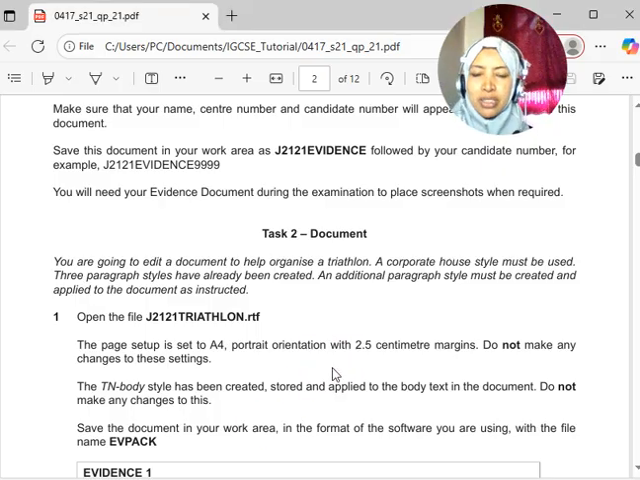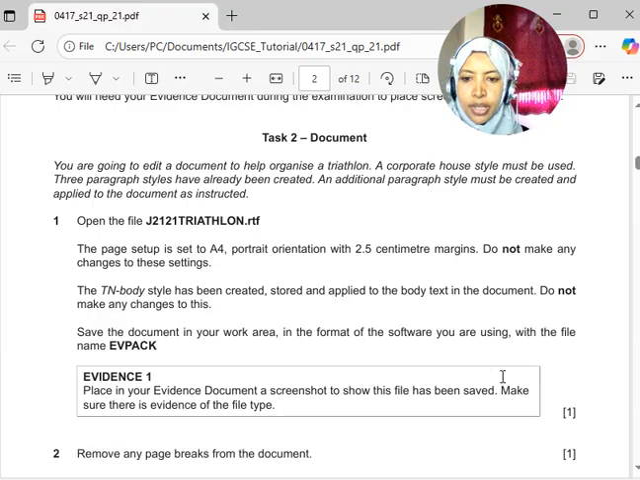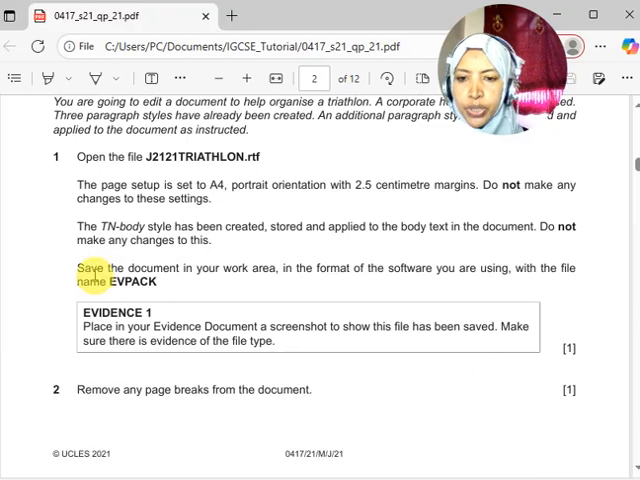They have requested that some settings have already been applied. The orientation has been set to portrait, and the margins are set to 2.5 centimeters. So do not touch, is the instruction. Don't touch anything you are told. Don't change. The next thing we'll do is copy this name,